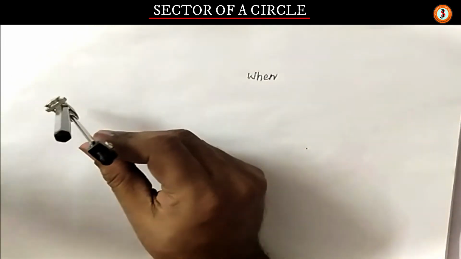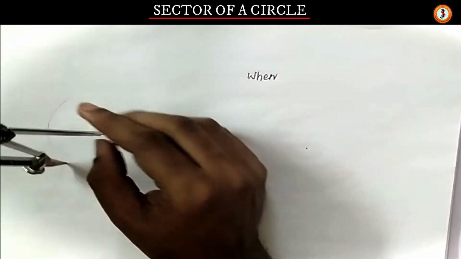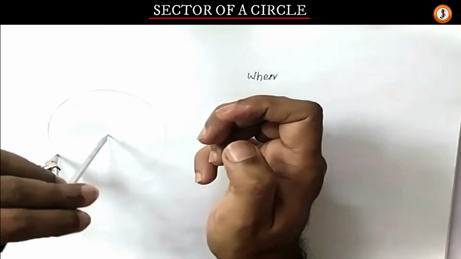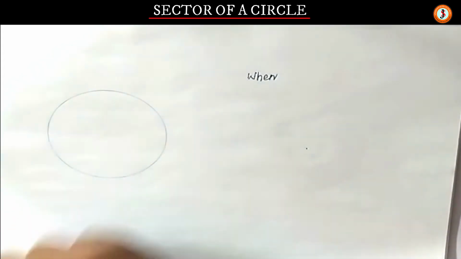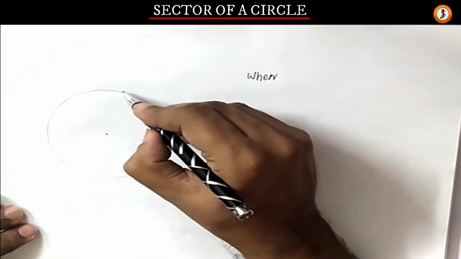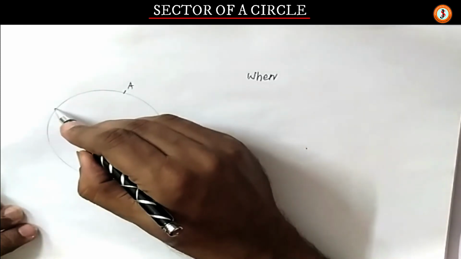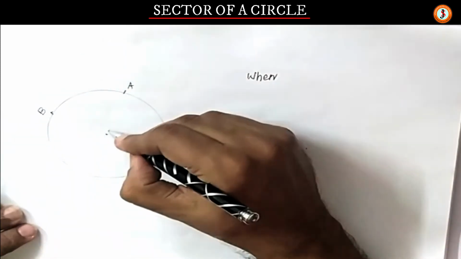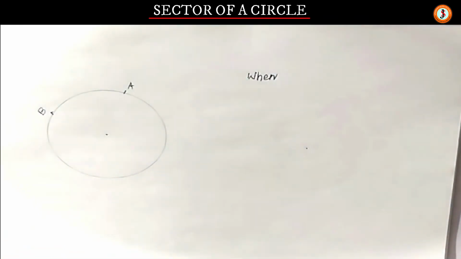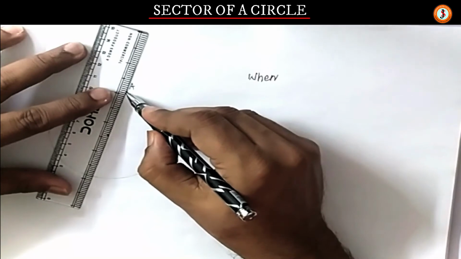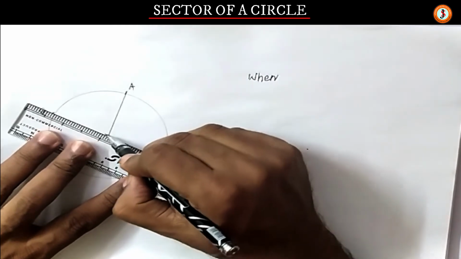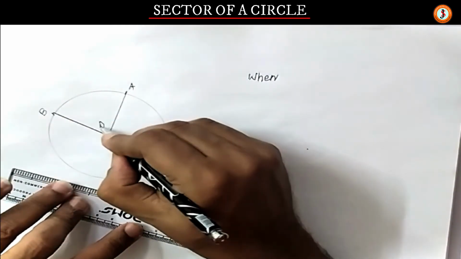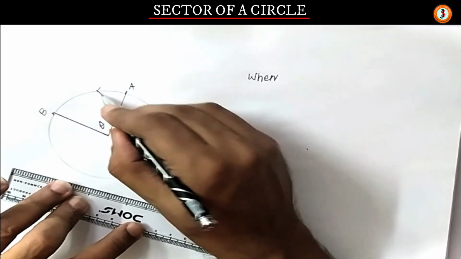I will make this diagram to let it have a better look. So when it goes from A to B and it makes an angle of theta, let us put theta. So how much is the distance it is covering? Let us see. So this length, and the radius is r.